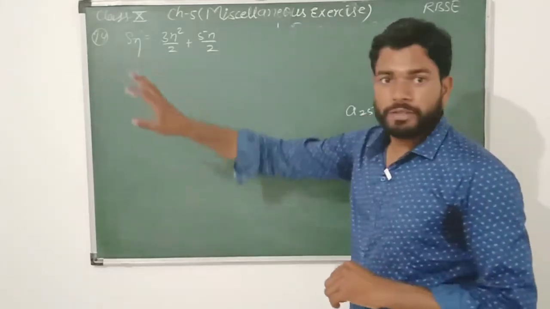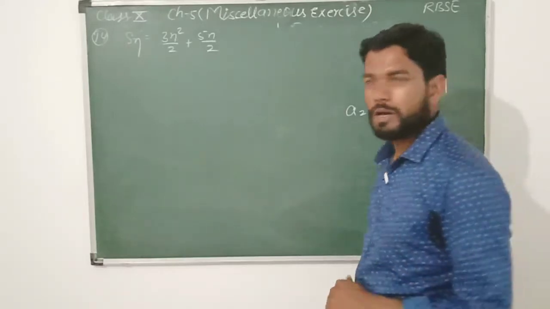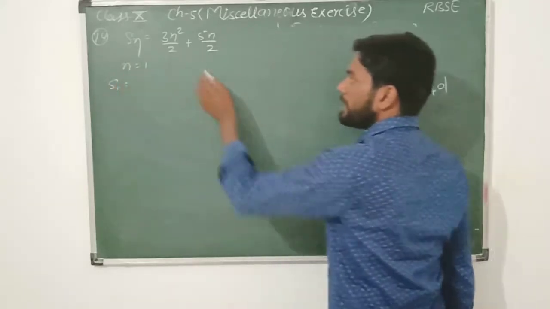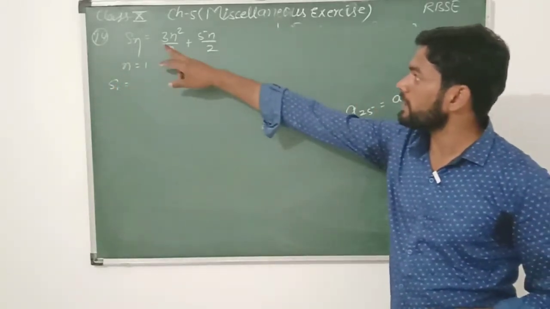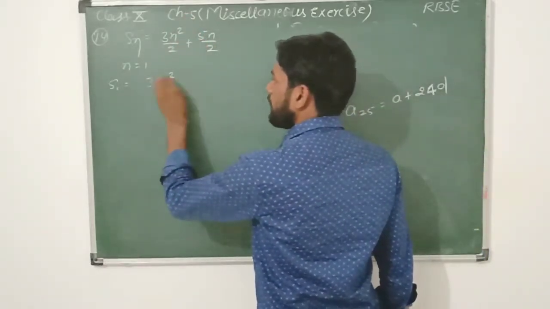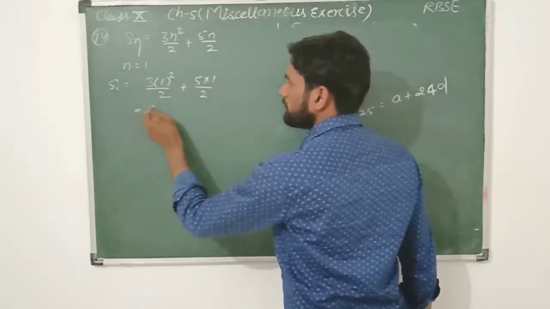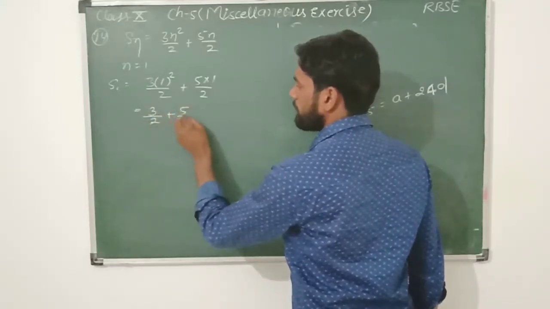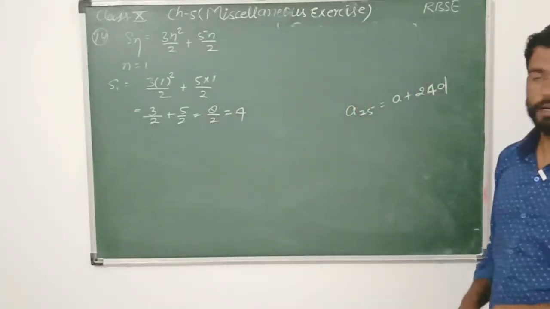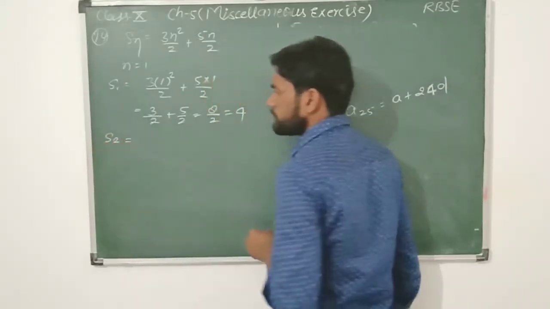We know that the first term is always equal to the sum of the first term, meaning a1 is equal to S1. So let's suppose n is equal to 1. Then S1 is equal to 3 into 1 square upon 2 plus 5 into 1 upon 2. That is 3 upon 2 plus 5 upon 2, which is equal to 8 upon 2, which is equal to 4. Get it? Now S2